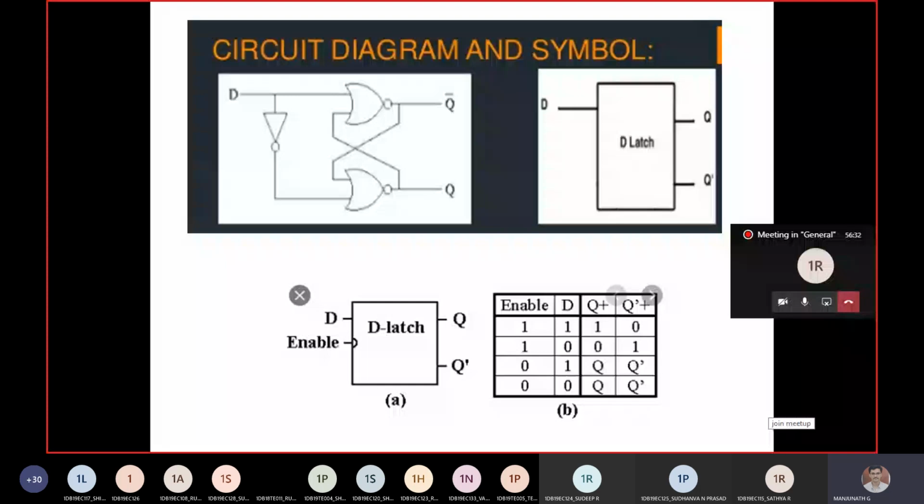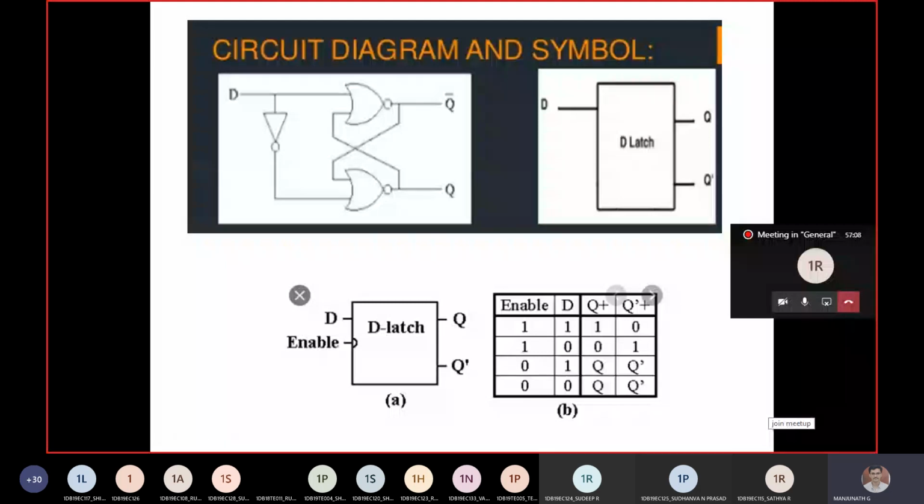Okay. So the truth table for D-latch is shown below. You can look at it once. If enable is 1, whatever input D is, if D is 1 then your Q will be 1 and Q bar is the complement of that. Similarly, D is 0 gives Q 0. So you can look at the advantage, right? Whatever you send, the same thing will come out. If enable is 0, then whatever inputs you give, the output remains in the previous state. That is what the Q, Q bar indicates.